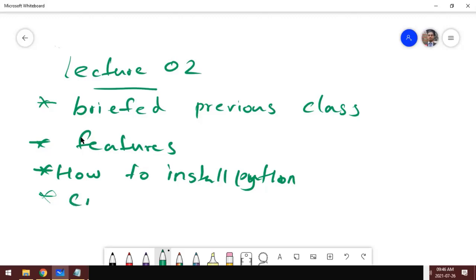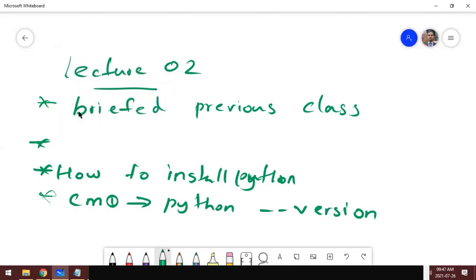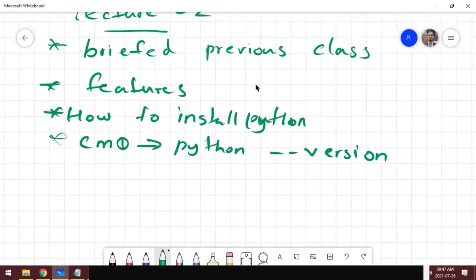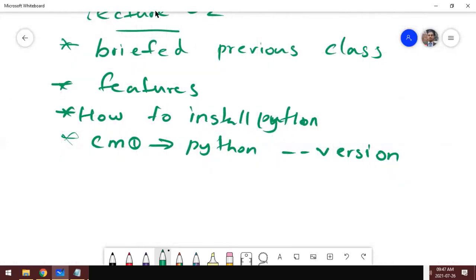So you have to go to CMD, and from there you have to type python --version, right? If Python is installed, it will show you the version of Python. Otherwise, it will display an unrecognized message, right? And also in CMD, we can use Python interactively, right? That's one of the features of Python. So for that, you have to start CMD with this Python.